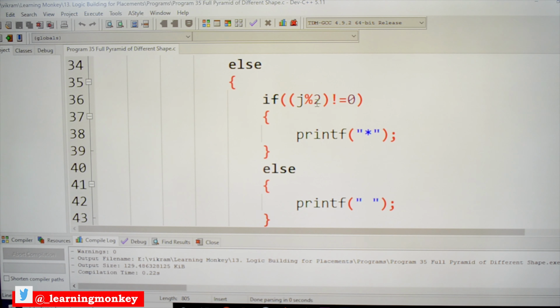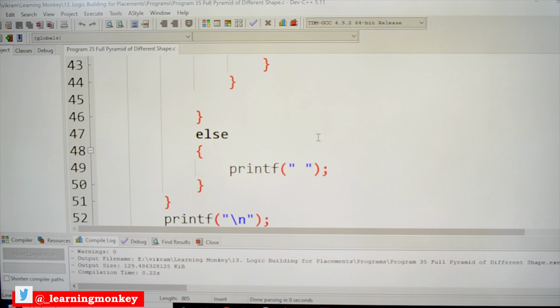Else, i mod 2 is not equal to 0. The else condition means odd number of rows. So this is the implementation. Else, if we are not in that if condition, empty spaces have to be printed, and that will get printed. So let's check the output here.